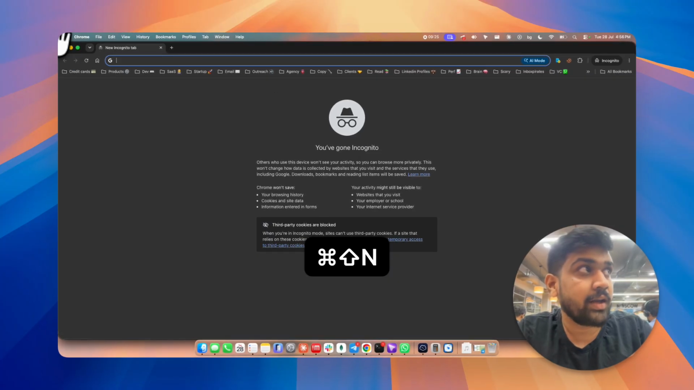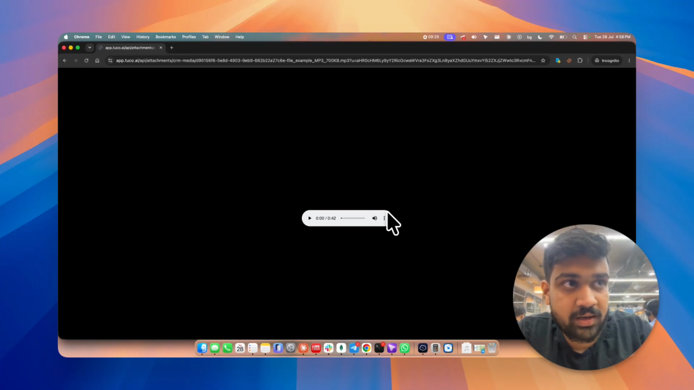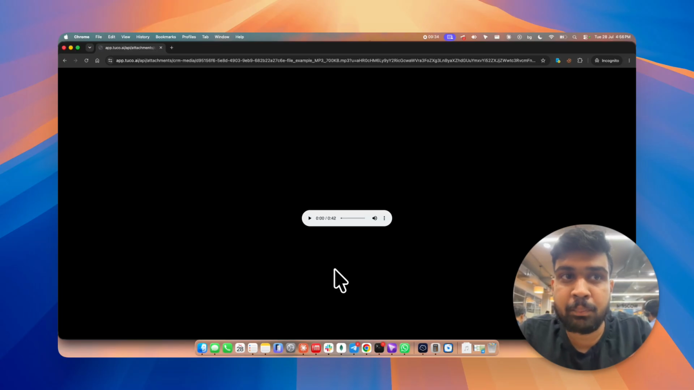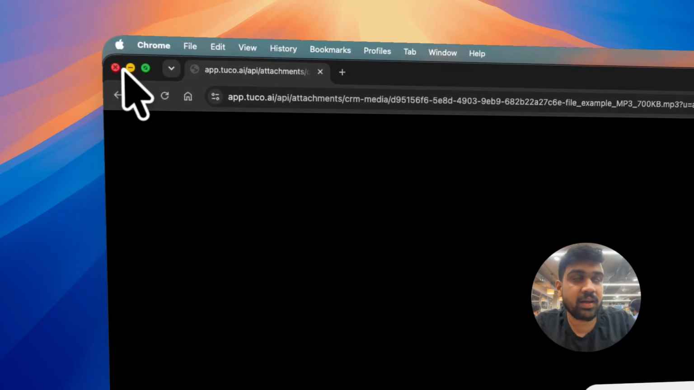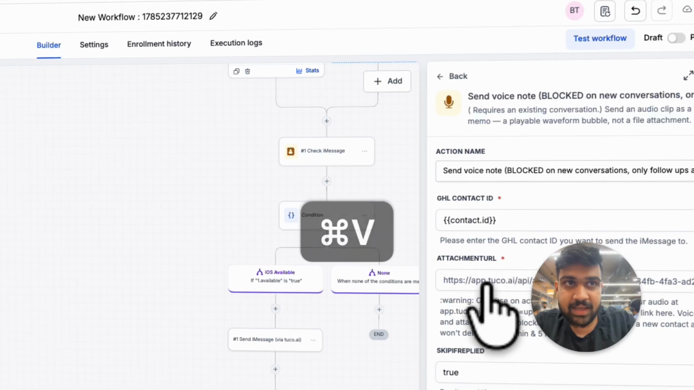If you open incognito and paste that URL, it must show you this default interface. You can't put a YouTube link, you can't put a Loom link. You gotta download the MP3 file and upload it, or you can give us your own MP3 file. Now go back, paste that in,